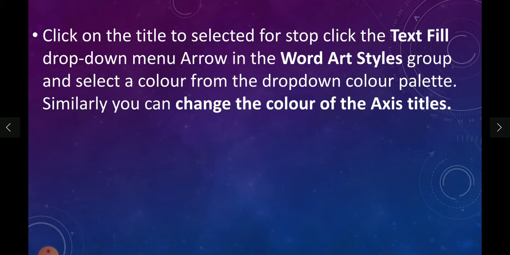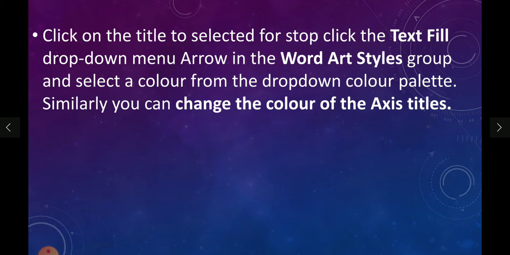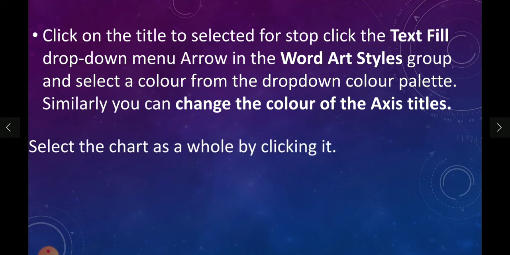Means if I want a colorful chart, first I am going to select the text fill of that word or sentence, then I will change the style of the word by WordArt styles. And similarly, you can change the color of the axis titles.